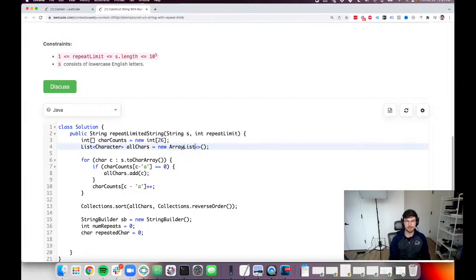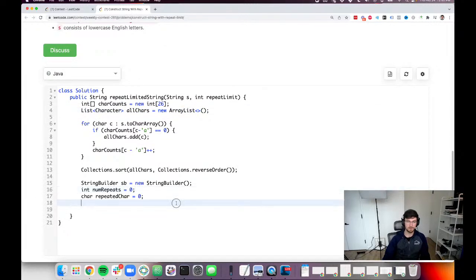let's do an array list here, just because we're going to be referencing multiple indices. So we'll say while, and I'm basically going to remove the characters from this list as I go. So while not all chars dot is empty,